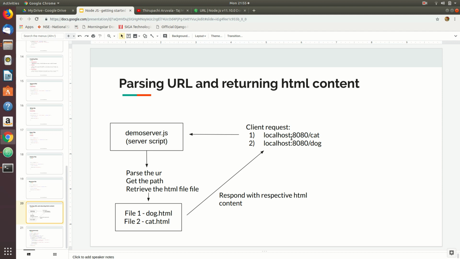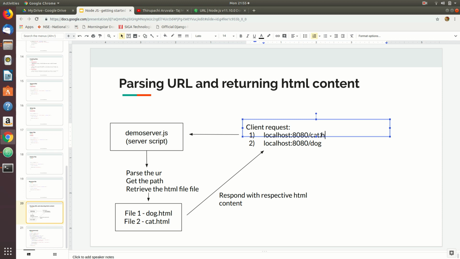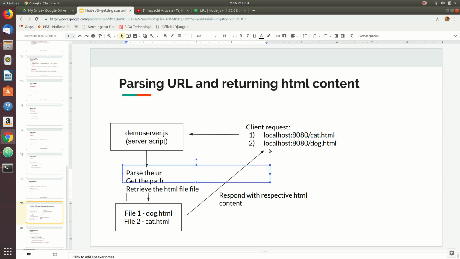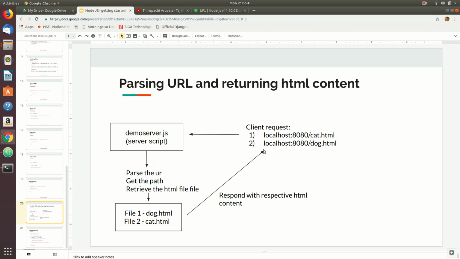through these two URLs. First he chooses cat.html and dog.html. So he makes a request by calling this URL. The server is going to parse this URL and get the path, either cat.html or dog.html, and then it will retrieve the respective HTML file, and then it will respond with the HTML file